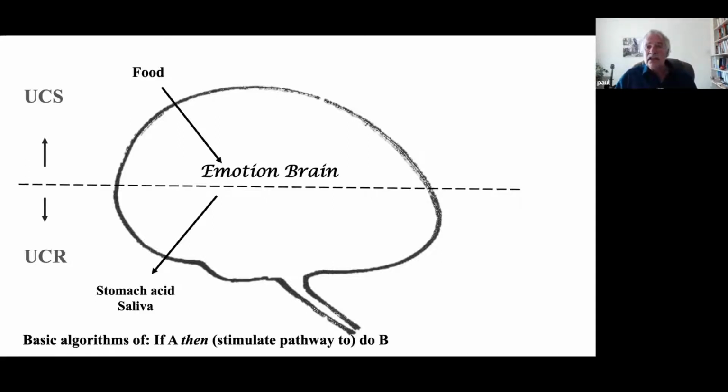In other words, the animal doesn't learn to salivate. It already has a system for salivation. It just needs to be triggered. If, on the other hand, there is a sexual opportunity, then that will stimulate a different area in the brain. In humans, it's in the pituitary, and that will produce a cascade of emotions which give a level of arousal. So it's good not to get these two things mixed up. I know sometimes women say they prefer chocolate, but there we are, and sometimes men too. But generally speaking, these are already wired-in pathways.